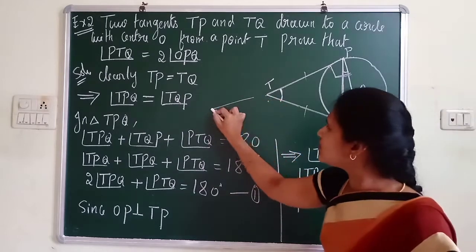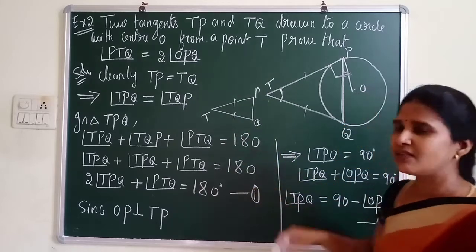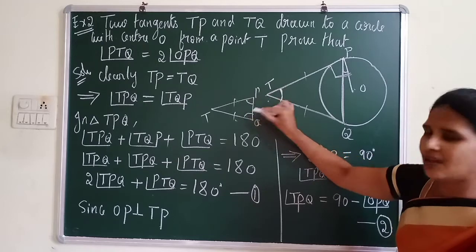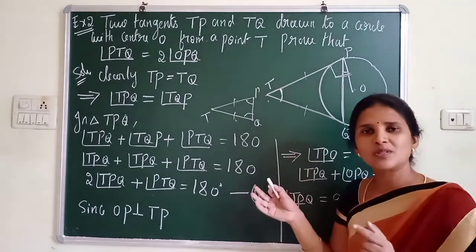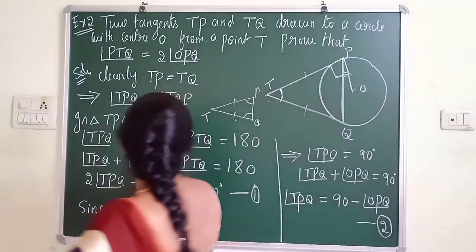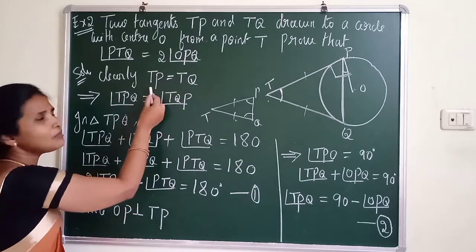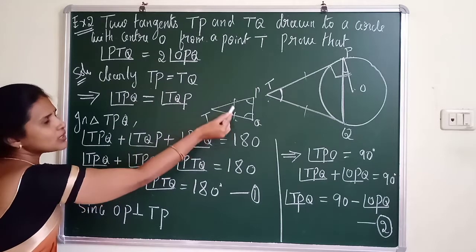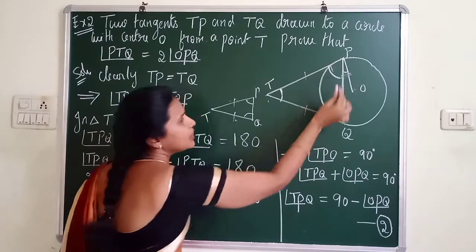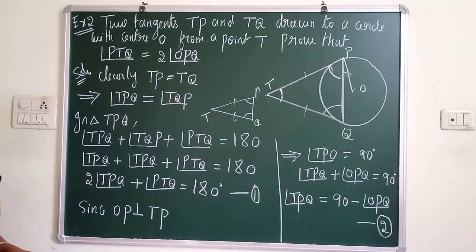You know that in an isosceles triangle, so here you can see T, P, Q. The main concept is that given 2 tangents, we know that 2 tangents are equal. When 2 tangents are equal, these 2 angles are equal. So this is the property of an isosceles triangle: when 2 sides are equal, their opposite angles are equal. So clearly TP equals TQ. Why TP equals TQ? Because they are tangents drawn from the external point T. So when these 2 tangents are equal, automatically this angle, that is angle TPQ, equals angle TQP by the property of isosceles triangle.